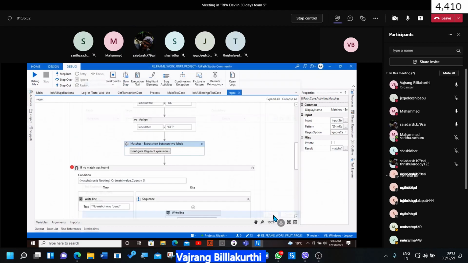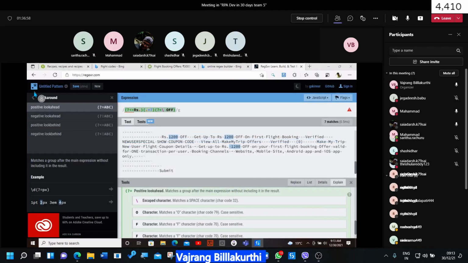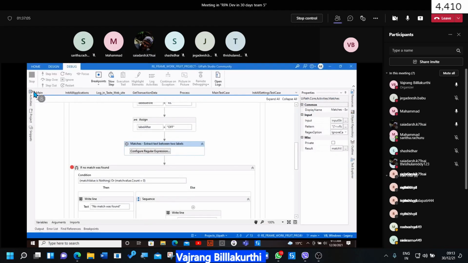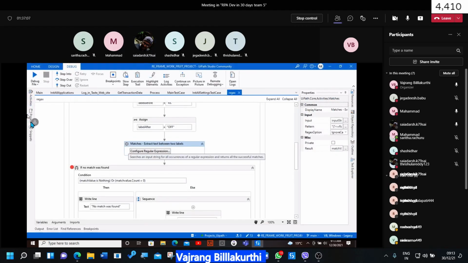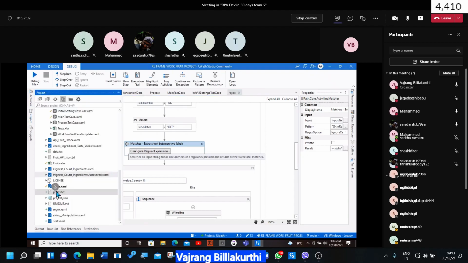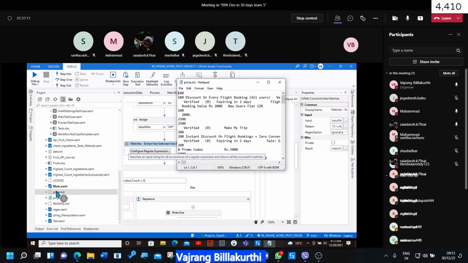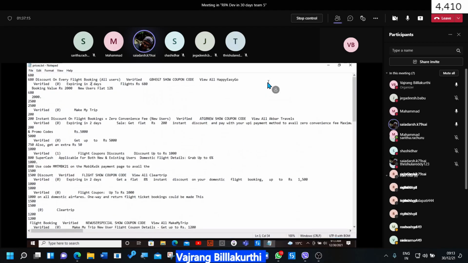Okay, let's try with one item. If we are able to get, then let's go with the remaining items. Run file. Project prices. Okay, again it's picking up the values, all the values.